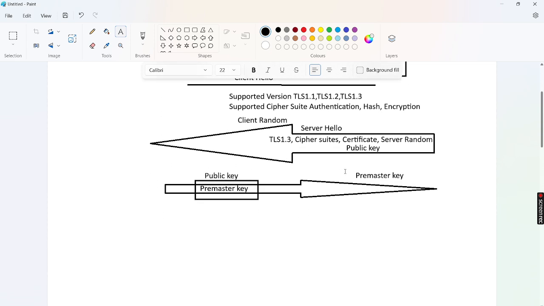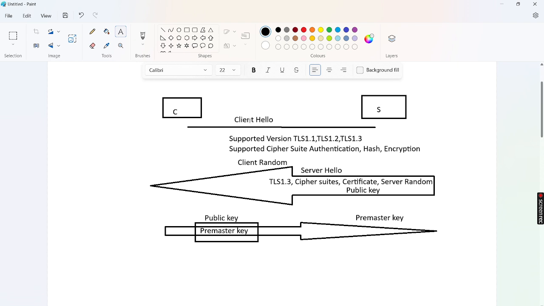Here, in the client hello the client sent a client random, and the server sent a server random. And at the same time the client generates a pre-master key using all these keys, using client random plus server random plus